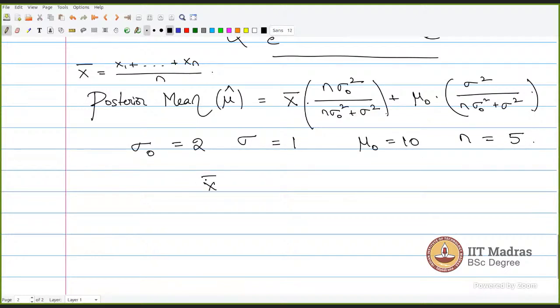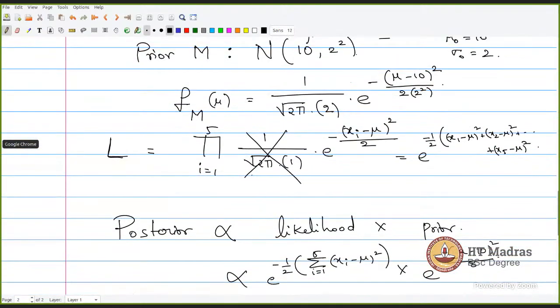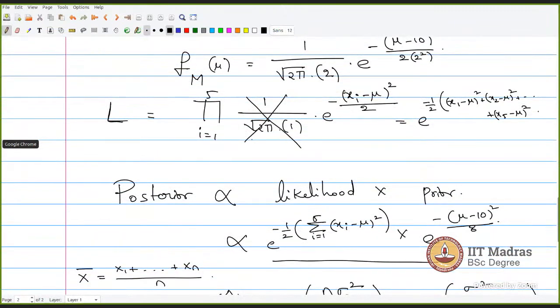You also compute x bar, the mean of all the 5 values, which will be the sum divided by 5, and the 5 values are given to you, something like 2.5. Put all these things here. Okay, I was not clear about sigma naught and mu naught, I was confused over there. I have noted that they are the prior mean and prior standard deviation. If it is given as normal, it is the prior mean. And if you have something like 1 by root 2 pi, we just ignore it because it's a constant, that's just a constant thing when we are integrating.